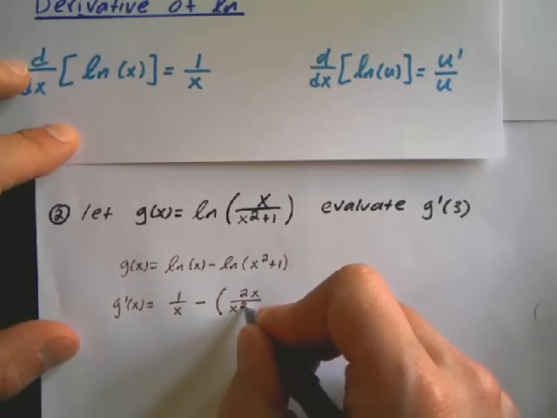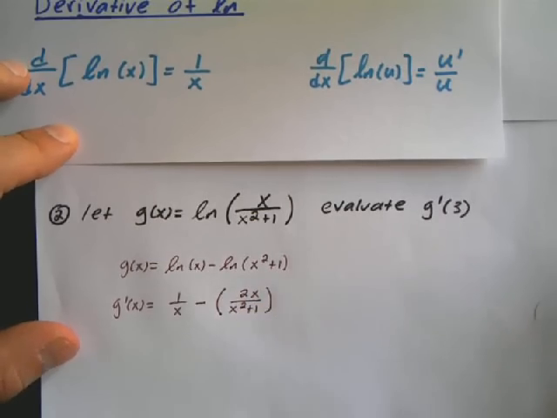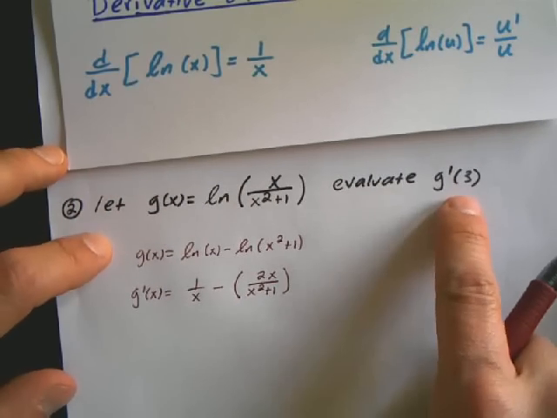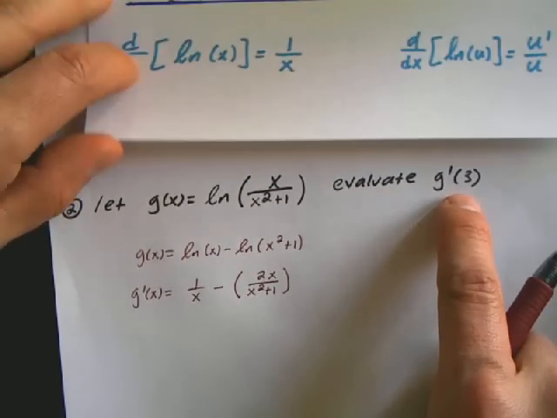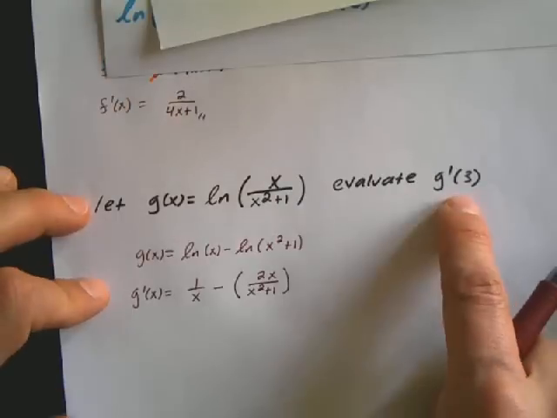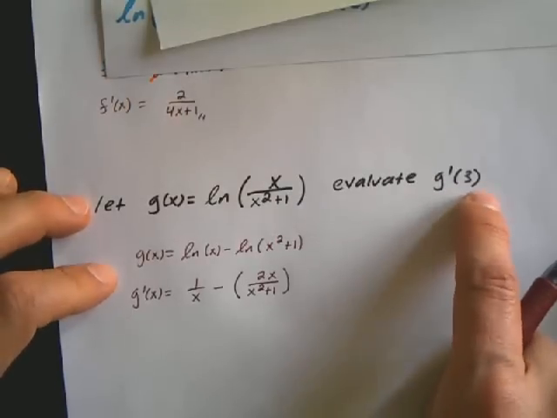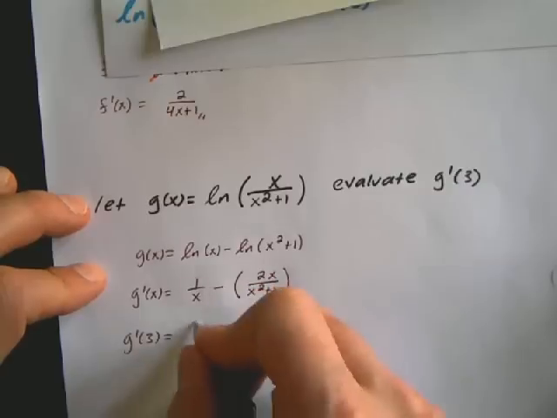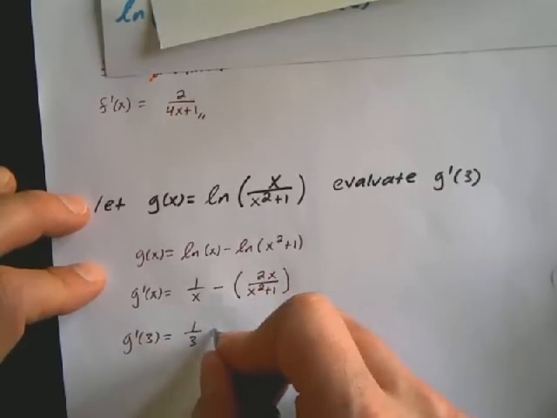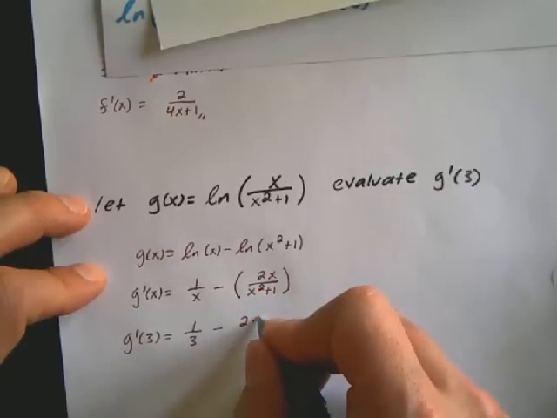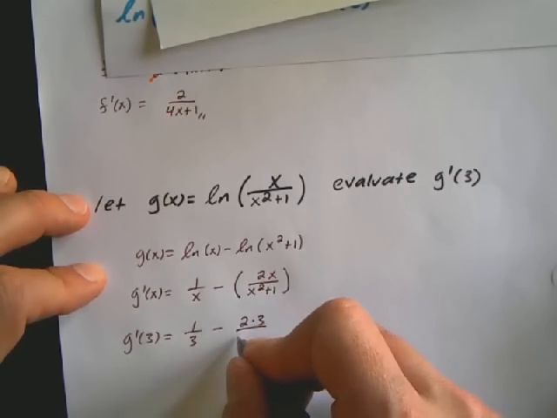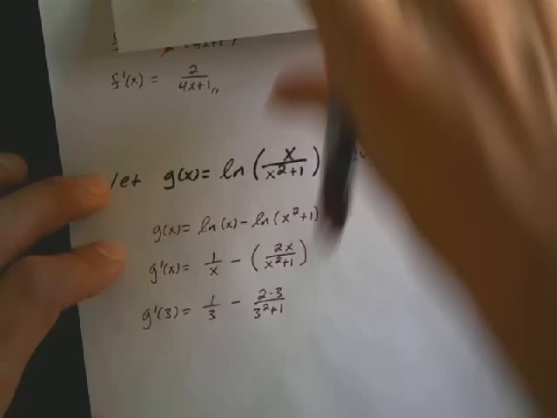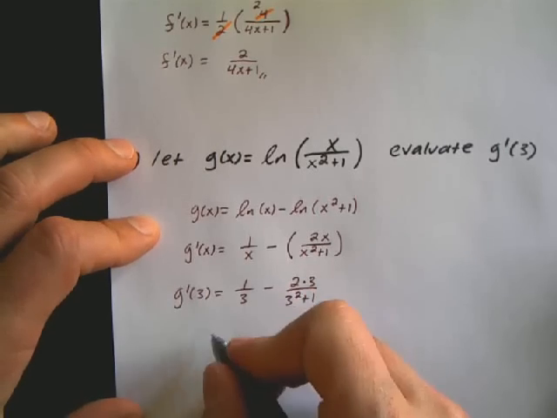Over x squared plus 1. Alright. Now I wanted to evaluate my derivative g prime of 3. Since I'm only looking for a numerical value, I'm just going to plug this in. g prime of 3 is equal to 1/3 minus 2 times 3 all over 3 squared plus 1, which simplifies to